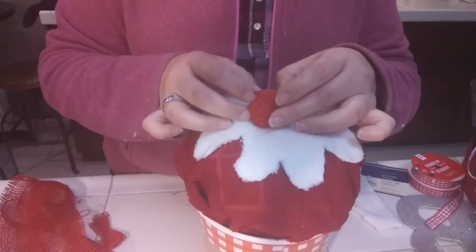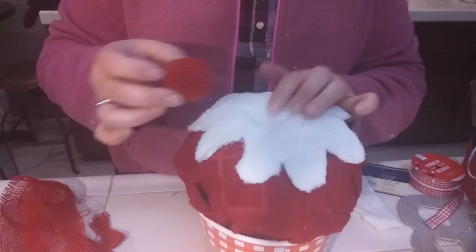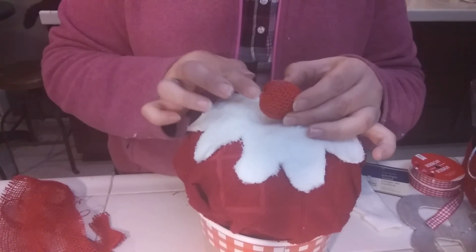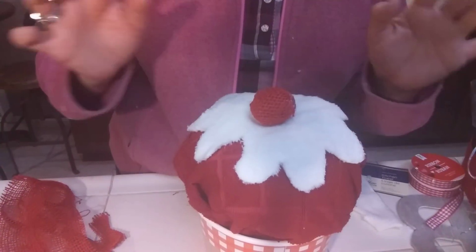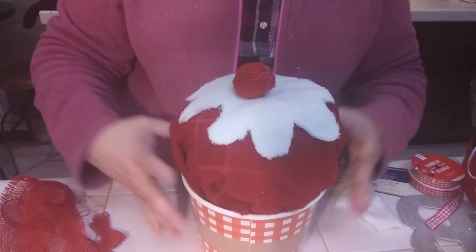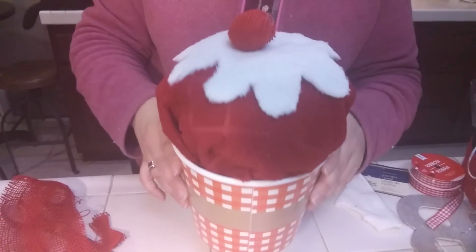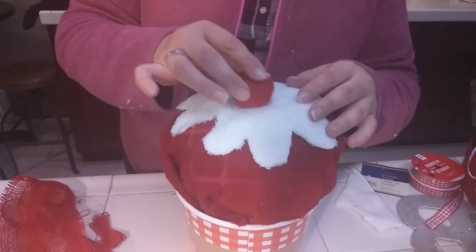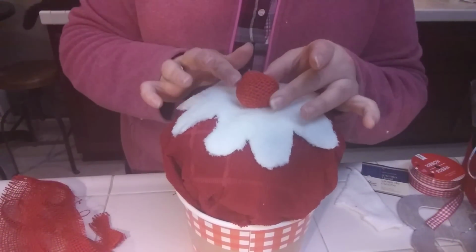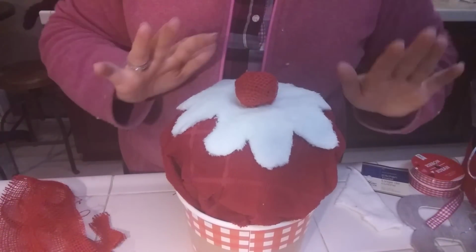So you're just going to position it on the icing. I kind of put like a little divot. I press it down. And I'll probably hot glue that little end right there, but I'm not going to even hot glue it. Now I'm going to lift it a little more to give it more of a muffin top. All right, there we go. So let me show you everything. I think I will actually hot glue it. Yeah. So let me hot glue the ends and down here to this, and I'm going to show you everything